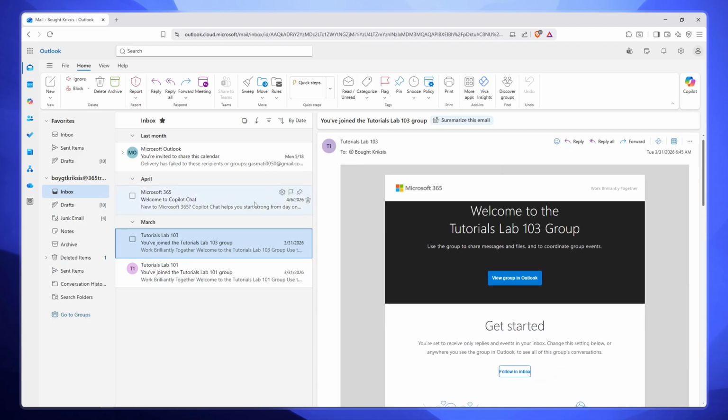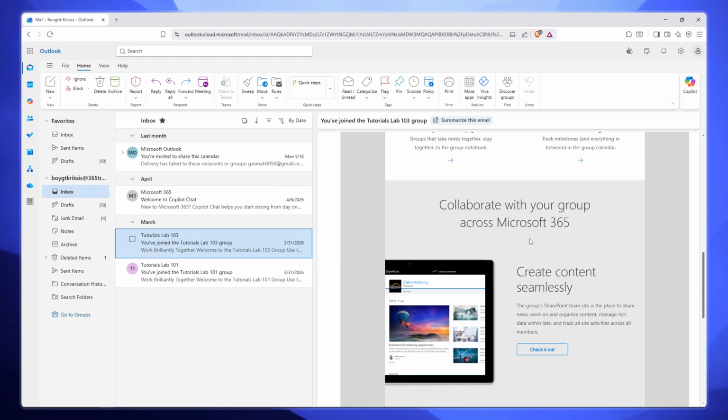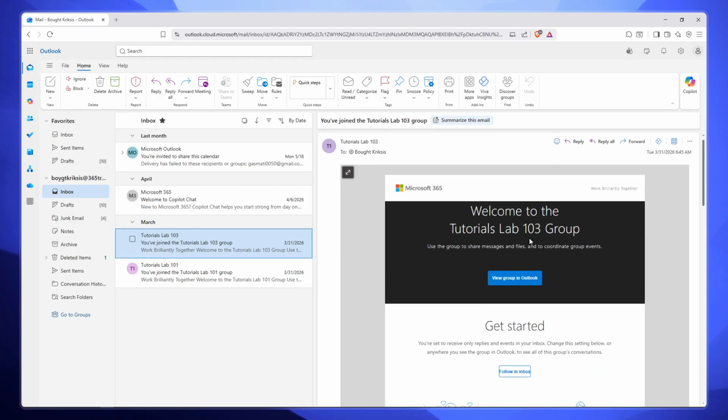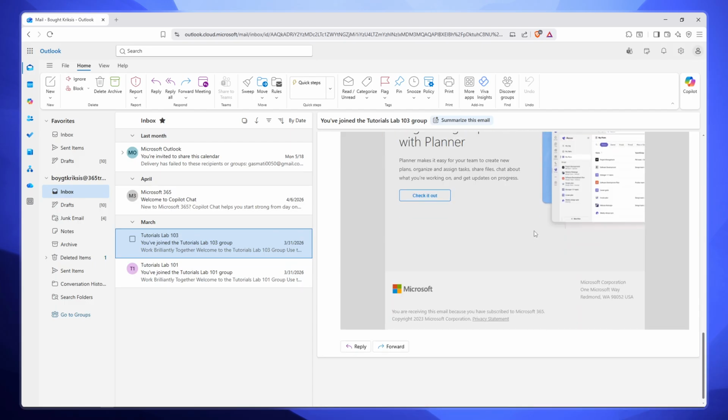First, open your web browser and navigate to outlook.cloud.microsoft. This will take you directly to the Microsoft Outlook web app where you can access all your email features and tools. Once the page loads and your inbox appears, you'll be ready to move forward with setting up your